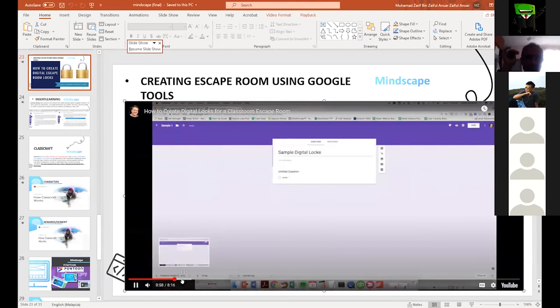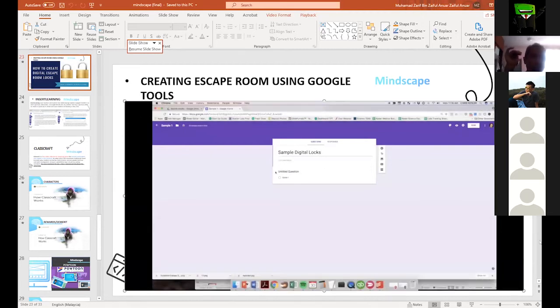So what you're going to be creating is a series of digital locks using questions. You can use multiple choice questions or text entry or numerical entry, any different range of questions. In this case, we're going to make a four-digit lock.